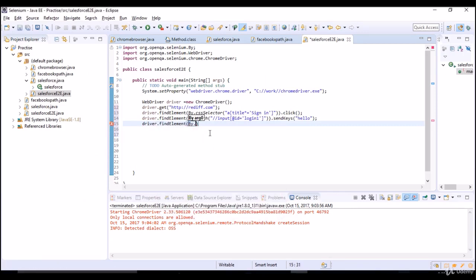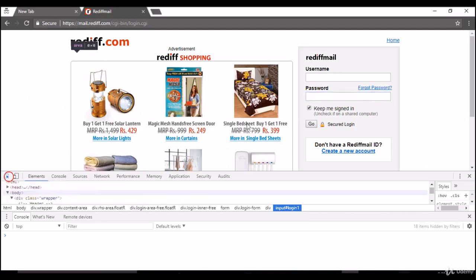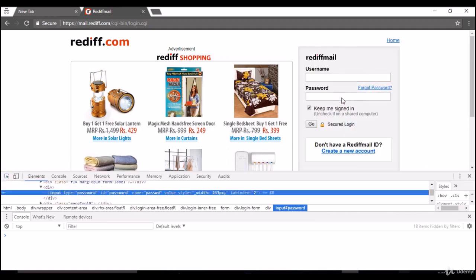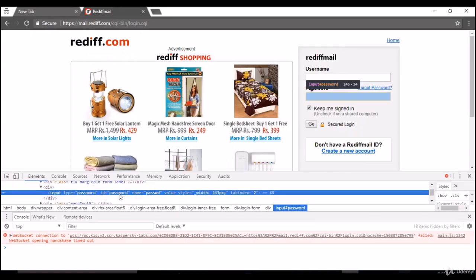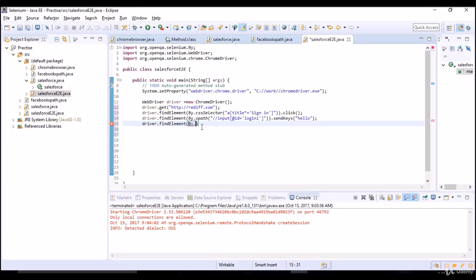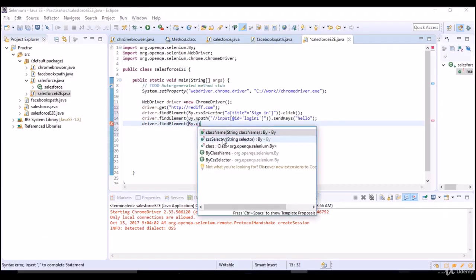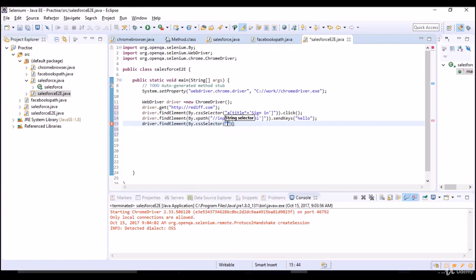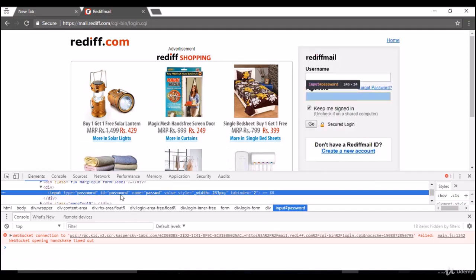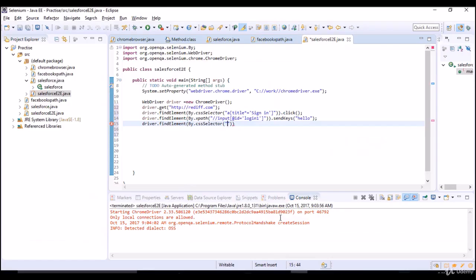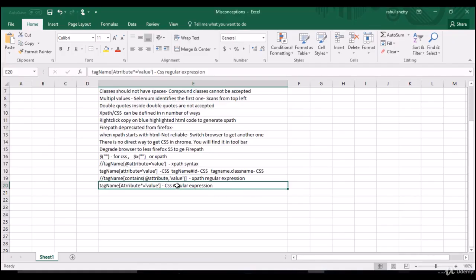So by XPath this time, for password, I'll straight away go with ID CSS, but in the form of hash. Remember, I have told one locator to identify CSS directly with ID, that is tag name hash ID. You see here Chrome is already suggesting us to use that, which I already explained here.